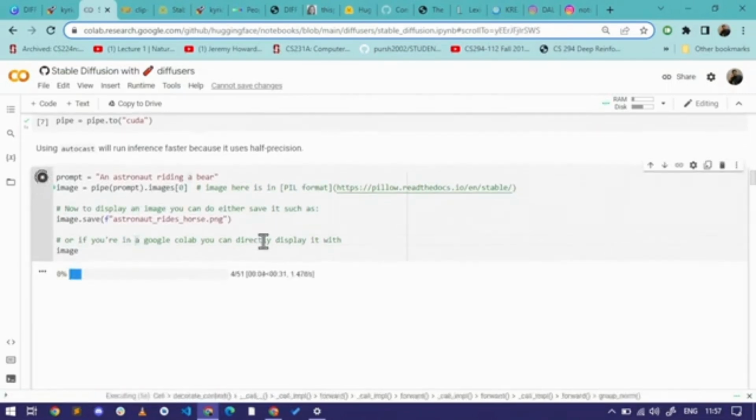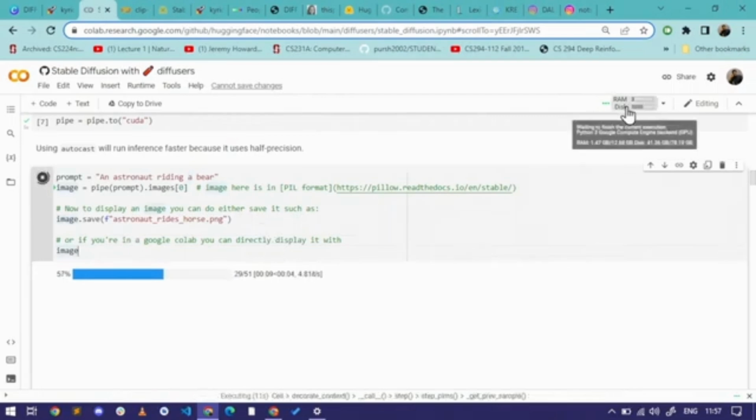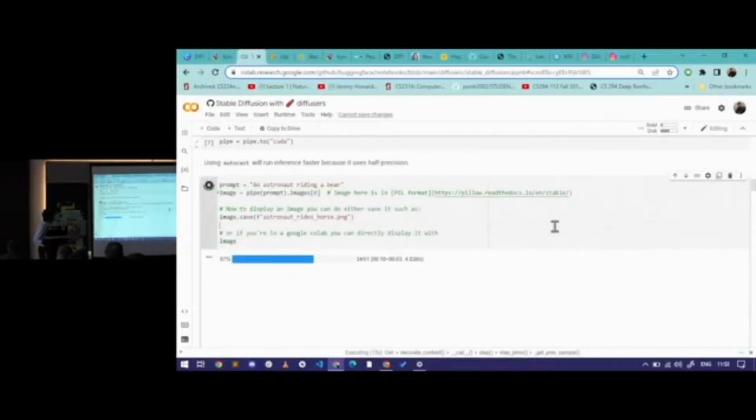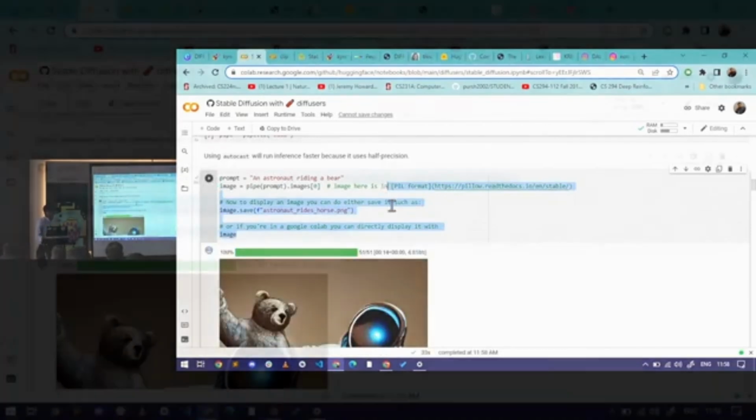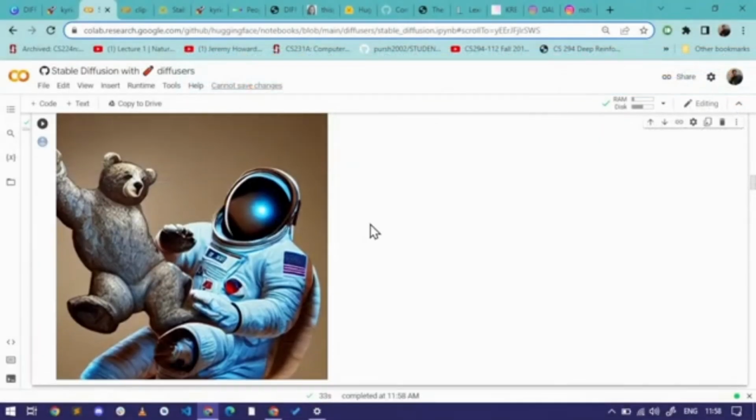Okay, it's generating. It's a bit slow because we don't have a GPU. I don't have a GPU assigned, I guess. Come on. Oh, good.